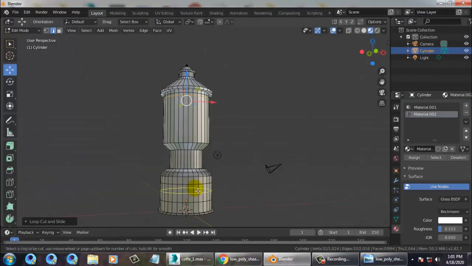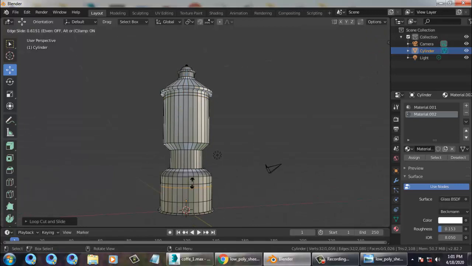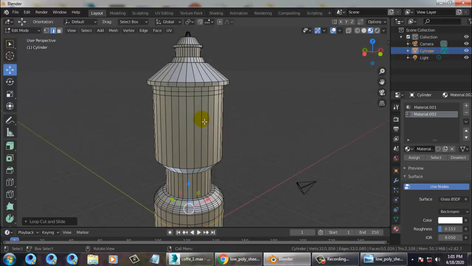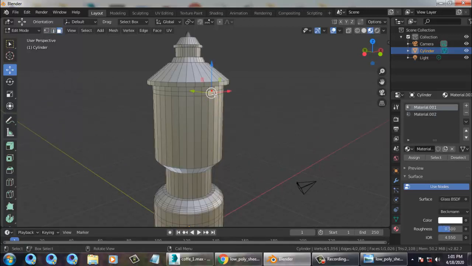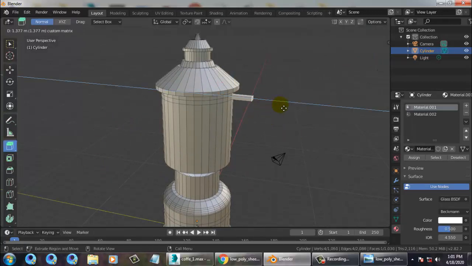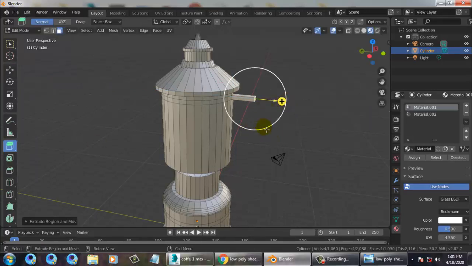So again I'll place one over here like this. So let's again go back over here and let's give a bit of extrude over here. So let's use the extrude region over here. You can just push this out.